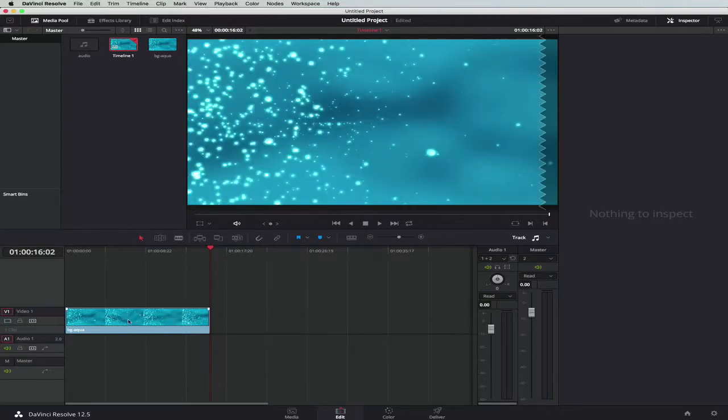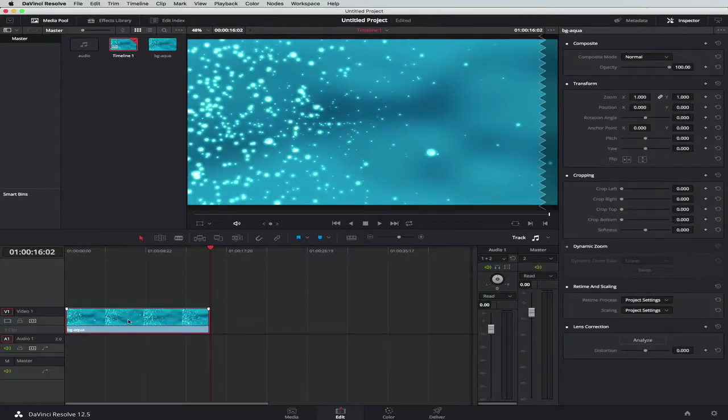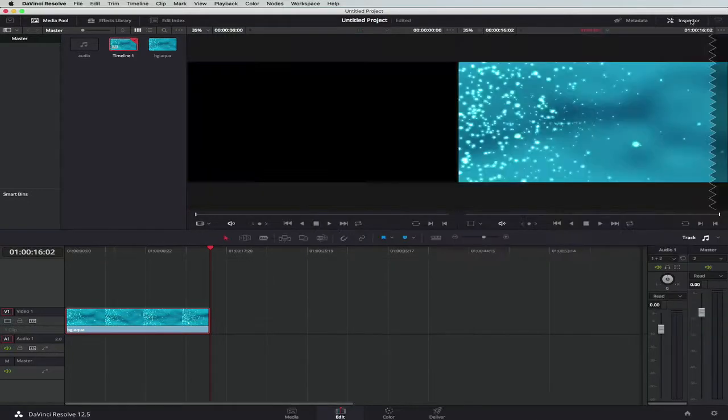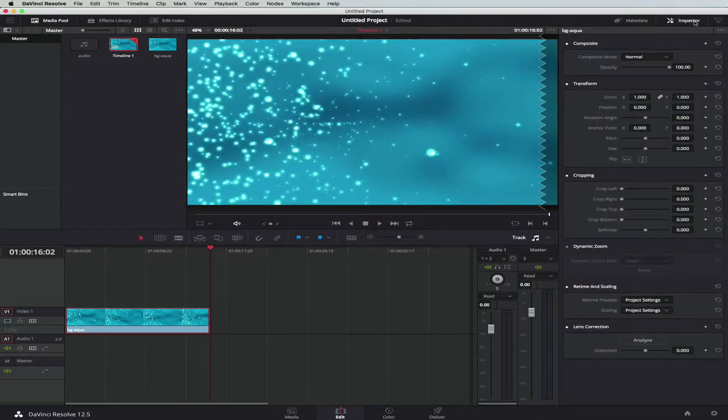And as you'll see, we just get to the end and it stops. So what we can do here is if we select the clip, you'll see it comes up in the inspector. And if you've not seen the inspector, that's the inspector button, and this is where we can really play around with the actual clip itself. And these buttons on the side are quite important too, because these allow you to keyframe. And what keyframing is,